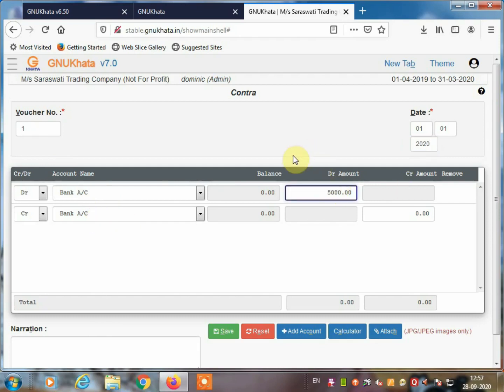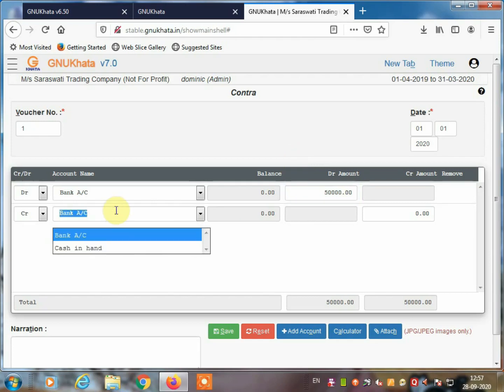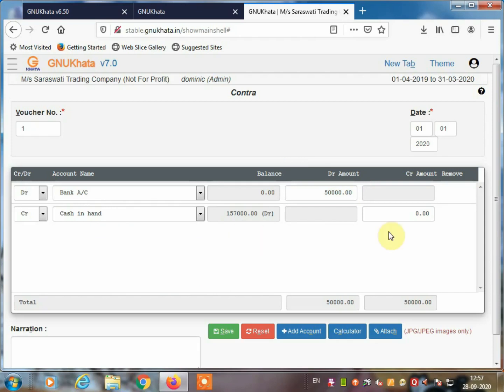So you write here 50,000 to cash account. The balance was 1,57,000, and now 50,000 is credited here. Now look here, you deposited cash.